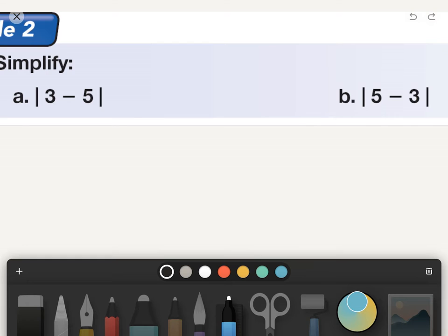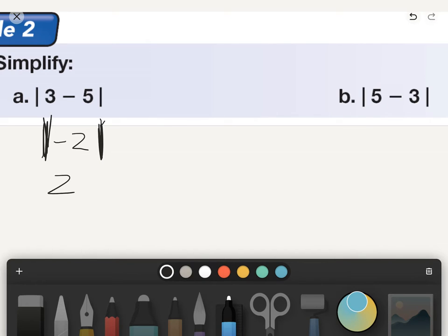So in simplifying these problems, or these equations, since this is an absolute value question, we are minusing a value of 5 from 3, which would get us a negative 2. But it is asking us what's the absolute value of negative 2, which means we get rid of the negative sign on it, and so the answer is